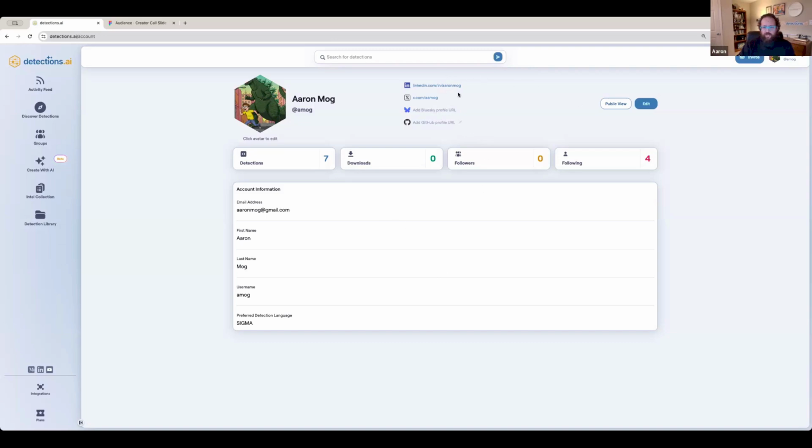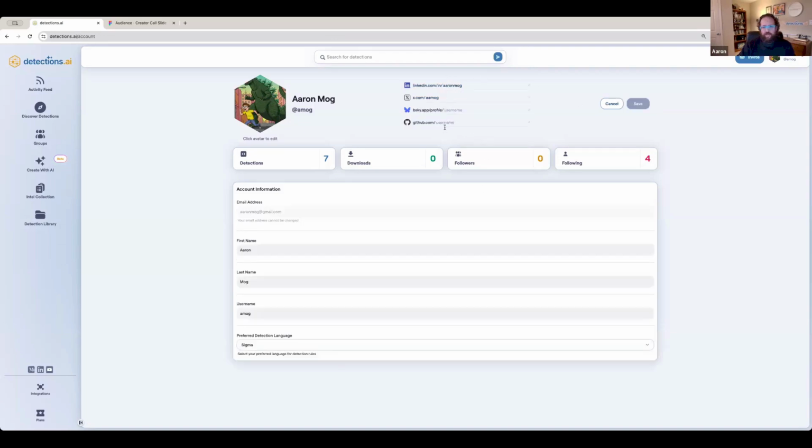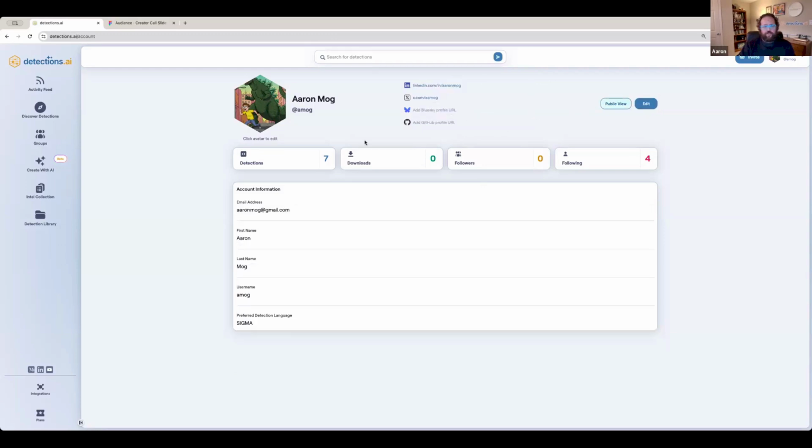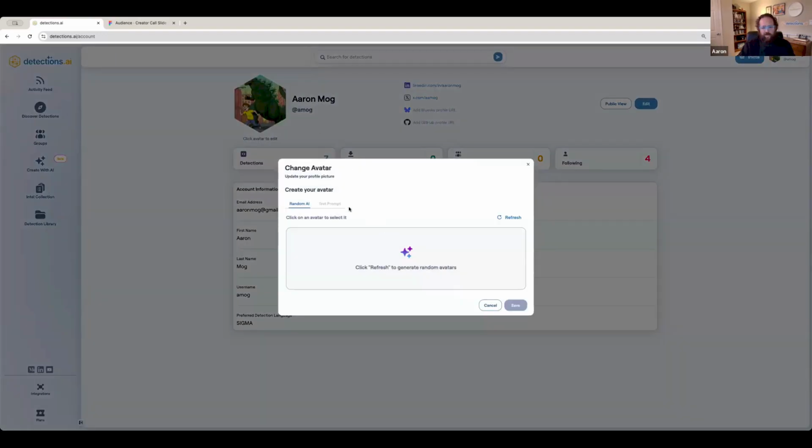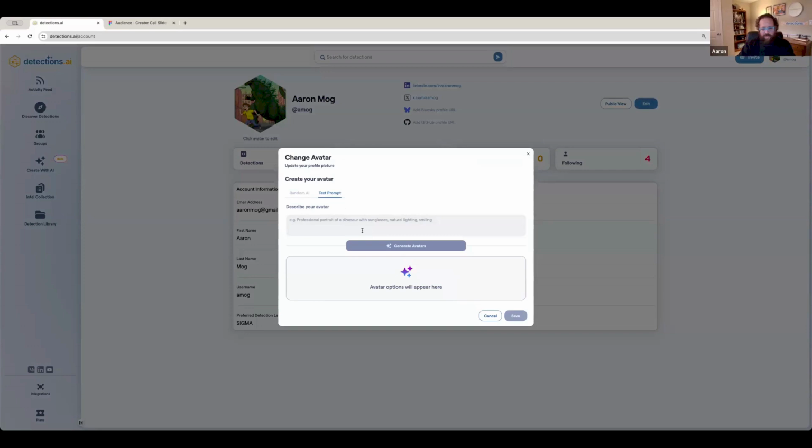You can come in and change these anytime you want. It's the little pencils, or you can just go to edit and edit all of them and just add your usernames. The URL is already built in. For those who built a profile and either skipped this stage or just picked the default picture and didn't have time to make your profile picture what you want, if you hover over your picture, you can go back and recreate your avatar. You can use any AI prompt you want. The AI will generate, I think, 3 or 4 options for you. If you don't like them, you can regenerate, I think, up to 30 or something like that before it tells you you need to cool down. But overall, this is really fun. It's a great way to build out your prompt engineering skills around image generation, but also just make your profile look like you want.